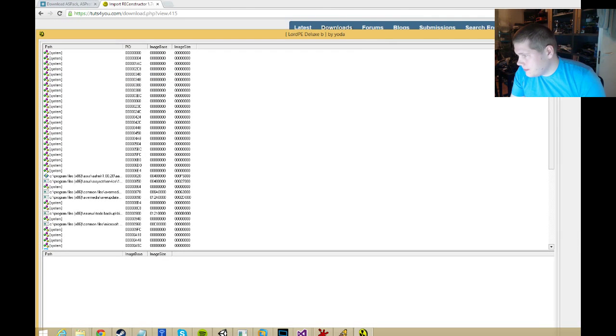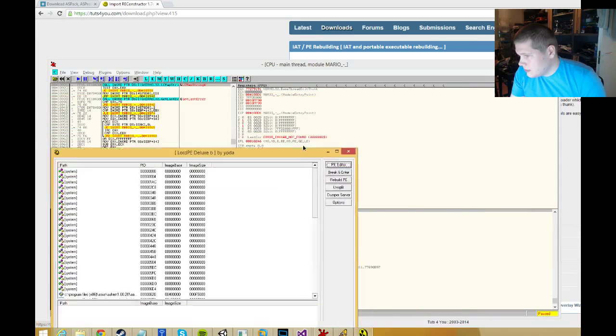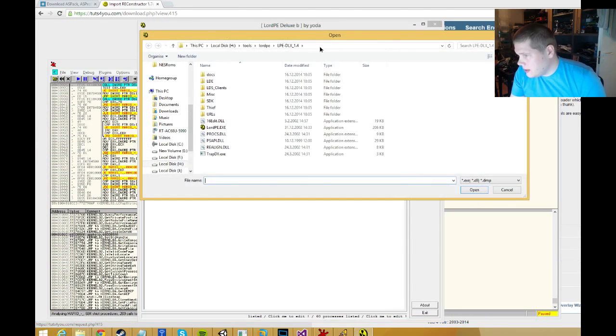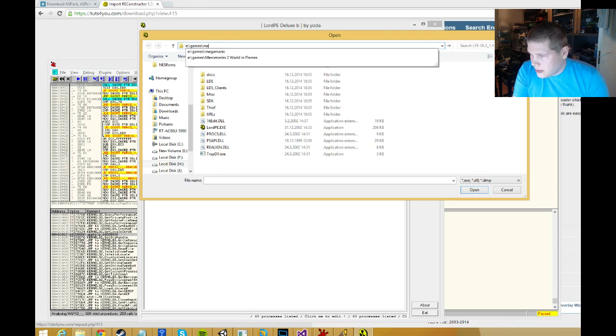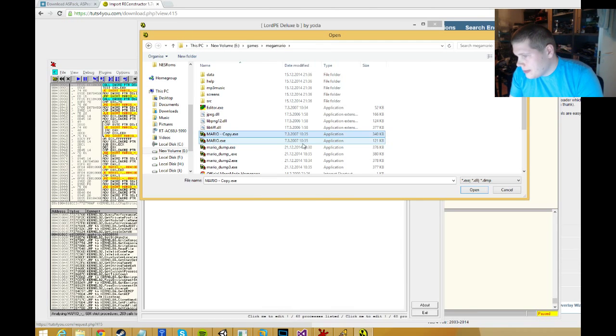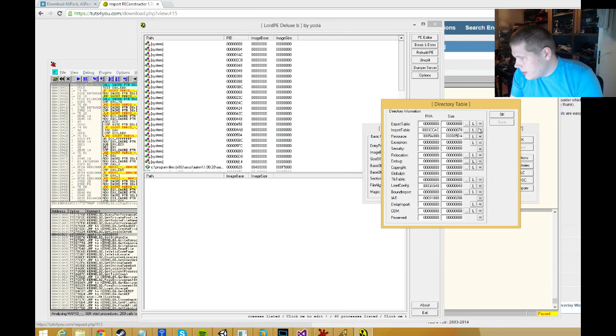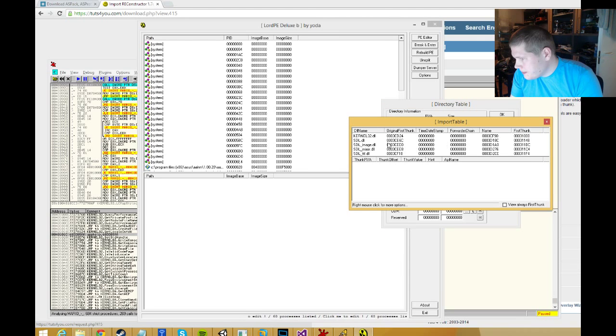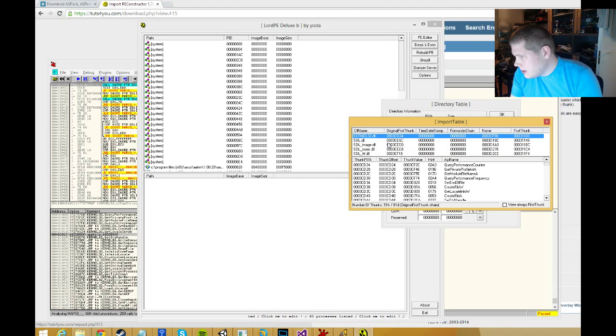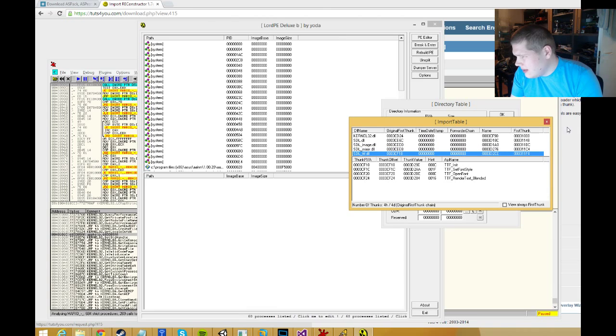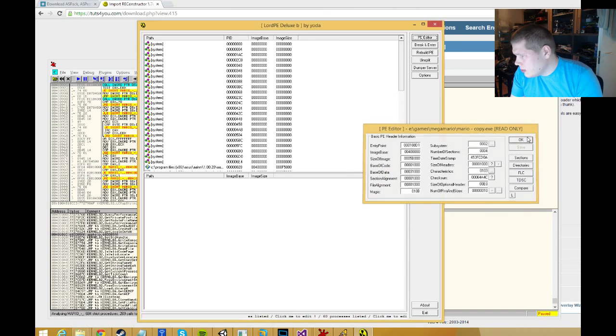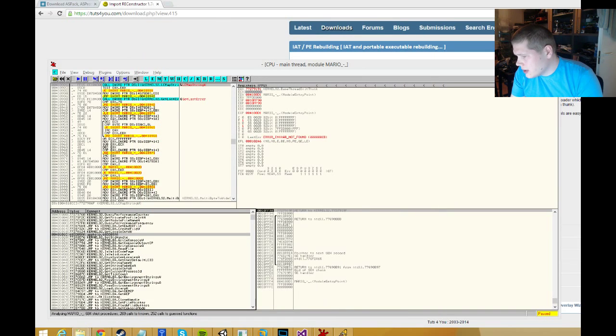PE Editor, and then we go again, games, Mega Mario, and directories and import table. And now we can see it only calls SDL, so I have no idea why this AppHelp is there. So what we can do is we can cut the chunks